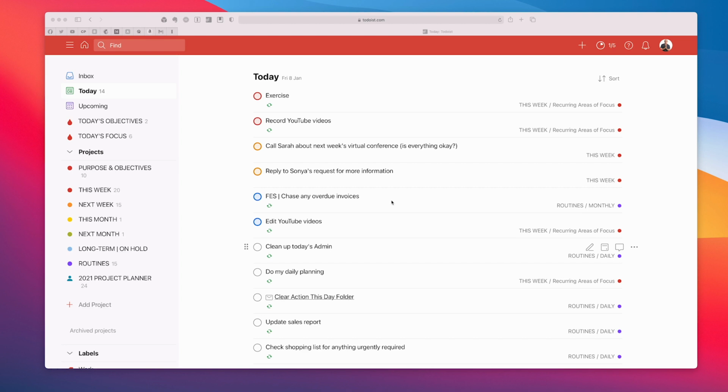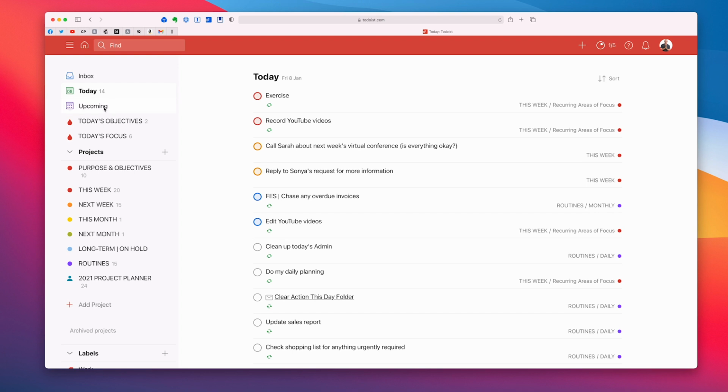Okay, it's time for me now to take you into my Todoist and calendar and show you how to combine Todoist with time blocking. Okay, so here is a typical day in the life of me. Actually, this would be a typical Friday for me. Now, the first thing I'm going to do is, normally I would do this when I'm doing my daily planning at the end of the day.